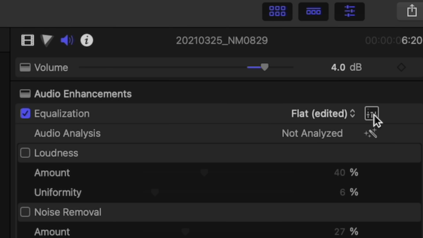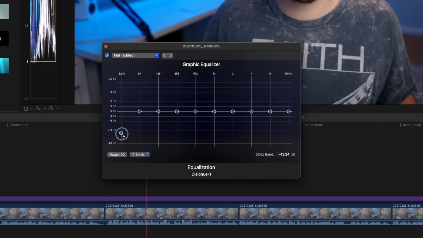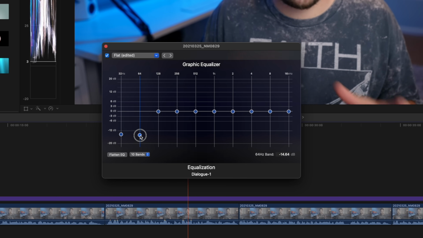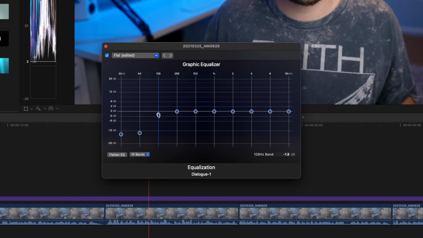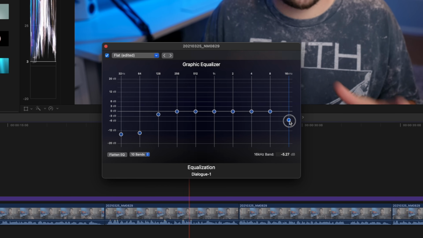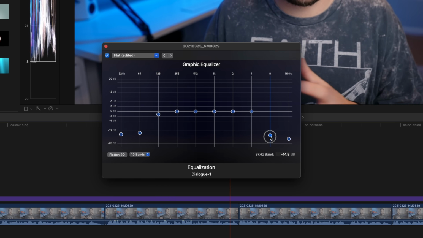Another thing to try is messing with the EQ on your audio. Pulling these up and down to find out exactly where your noise is coming from can be a great way to reduce some of that noise without messing up your entire audio track. This is great for getting a loud airplane flying by, getting that out by lowering some of those lower frequencies, and just messing around with this, you may be able to get rid of some of those higher pitch frequencies or lower frequencies by pulling those down, and your audio is still gonna sound pretty good.